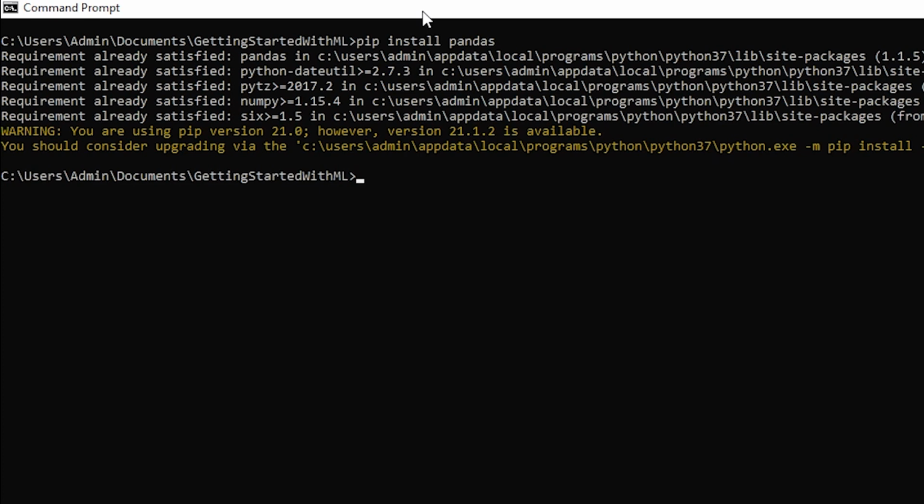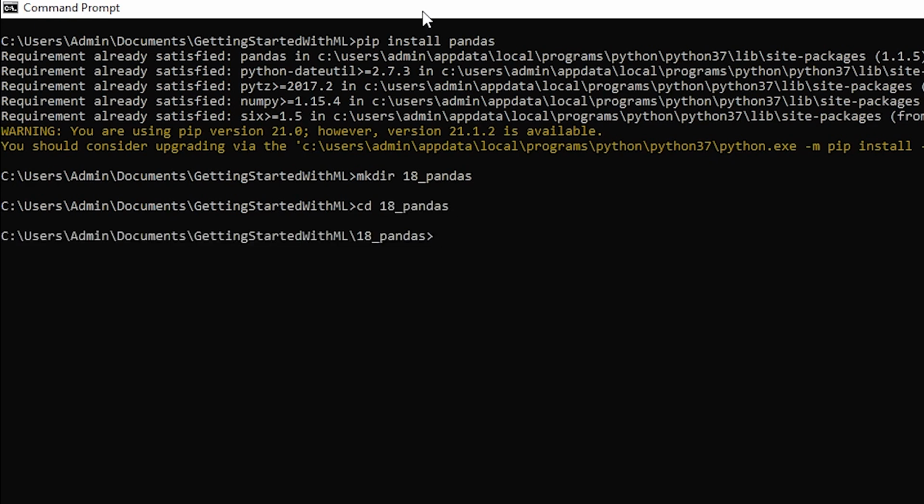I will make a generic template for it, and the way we do it, you'll come to know. This is the 18th video, so let me make a folder for it, 18th, and let's call it pandas. Whatever I'll be doing is going to be in the Jupyter notebook. You can also use VS Code if you want, but Jupyter is much more convenient because you can see the output line by line.